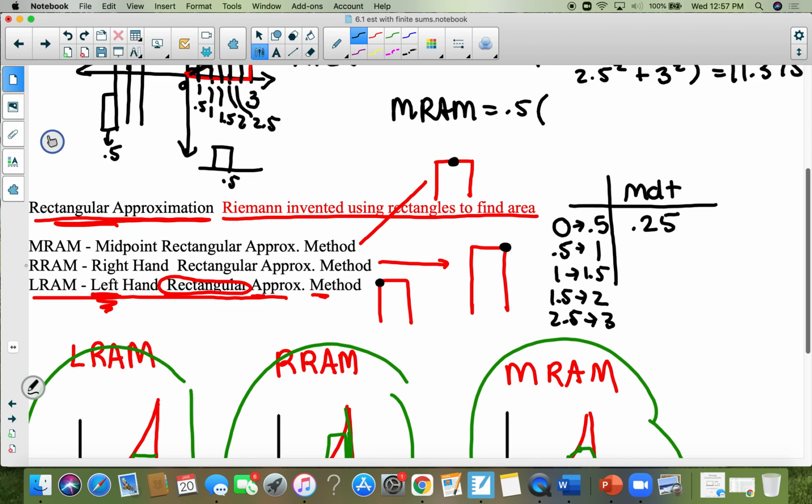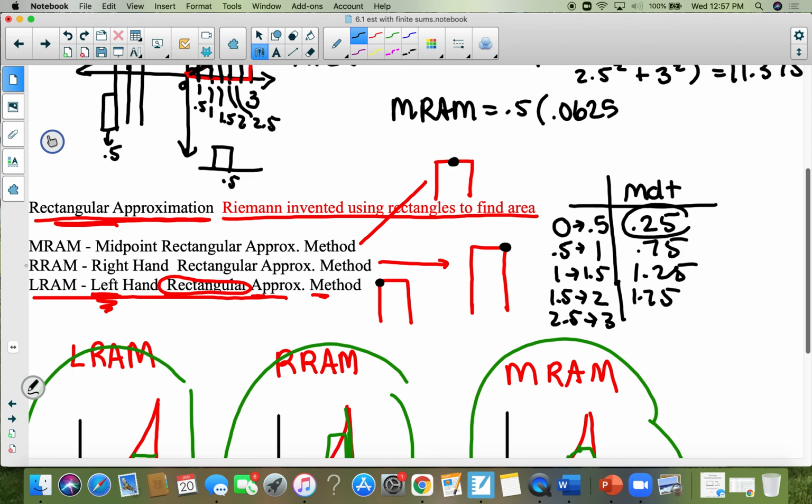And then this is going to be 0.75. And then halfway between, it's going to be 1.25. It's going to be 1.75. And those are the points that you have to plug in there. So this is going to end up being 0.0625,